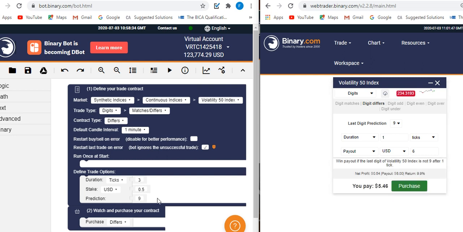While you are trading 0.5, your profit level is 0.03, sorry, 3 cents only. Here with 0.54, you almost cover your loss if the bot is wrong. So this is the strategy we are going to follow. One is auto, one is manual, but in manual you have to always be alert and put the trade immediately once there is a loss. Just see here how this bot is working.